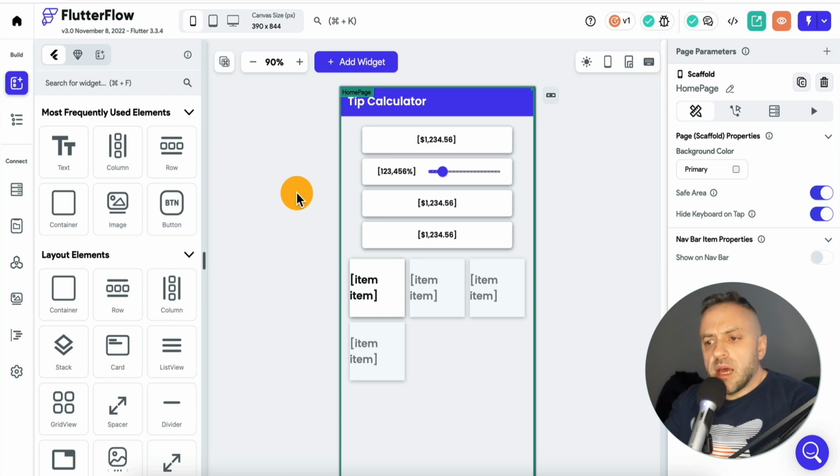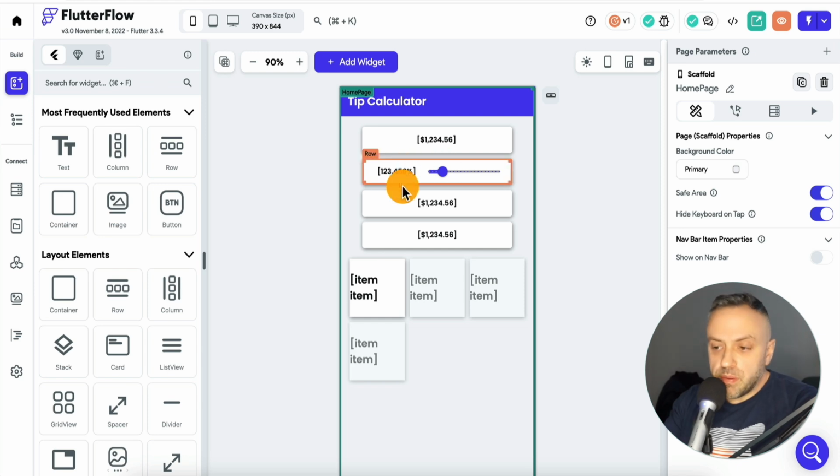The next example that I want to show you is a tip calculator. And this is also an app I've built. I have a video on it. You can search on the channel. The purpose here is that you enter the amount on the bill, and then you have a slider where you can calculate the percentage that you want to pay when it comes to the tip. And so it's going to show you the tip amount, and it's also going to show you the total amount.